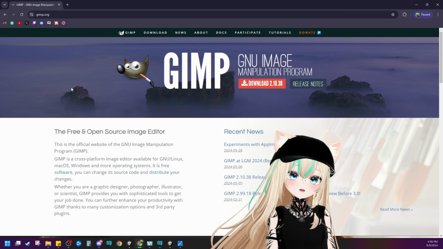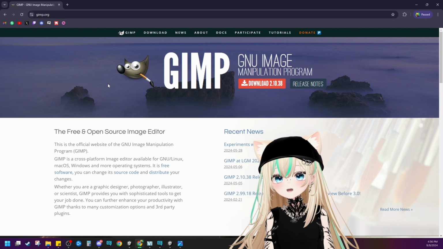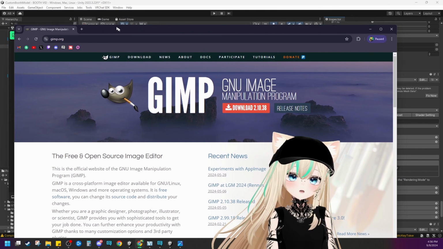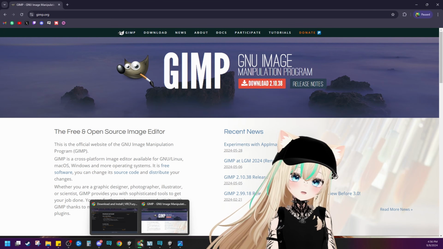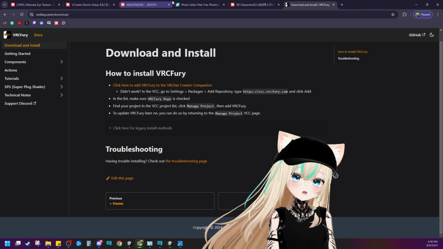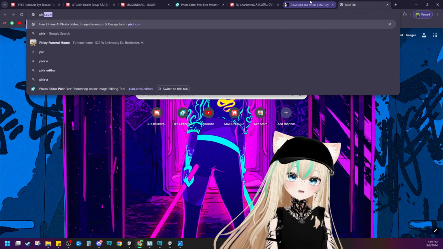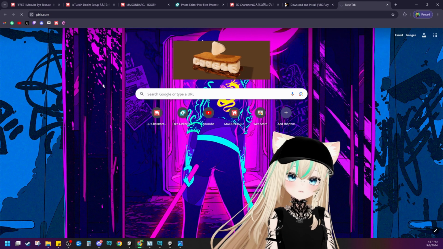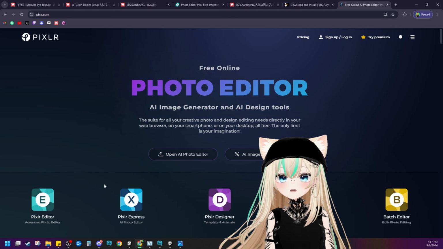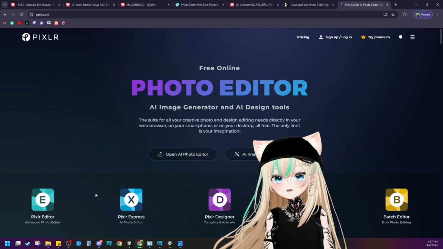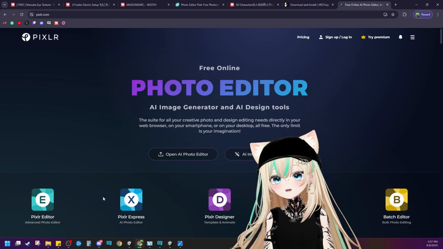So it's an image manipulation software. It's basically just like Photoshop, but it's free. What I like to use though is a program called Pixlr. So you can just search it by pixlr.com. You can save up to 3 images a day for free, but I believe the monthly subscription for unlimited